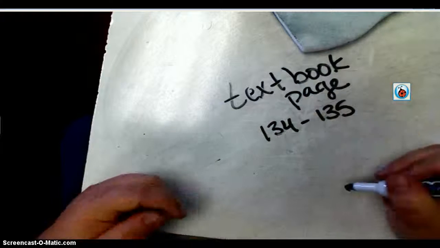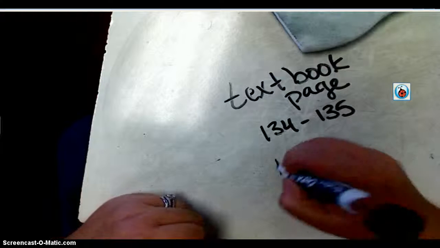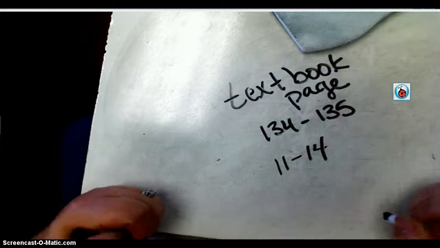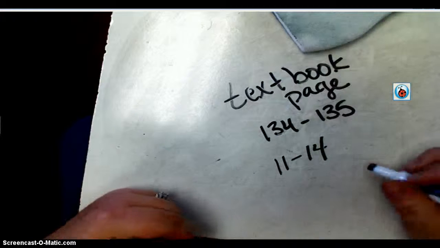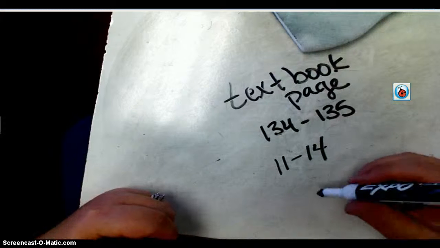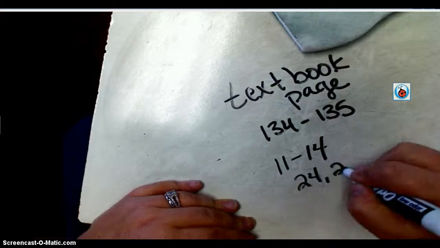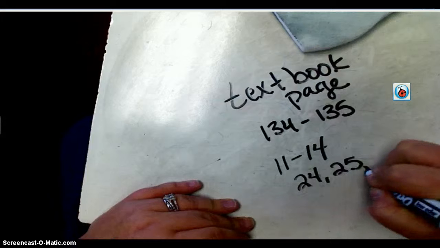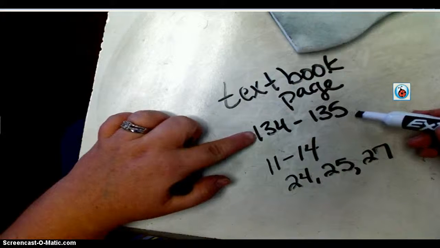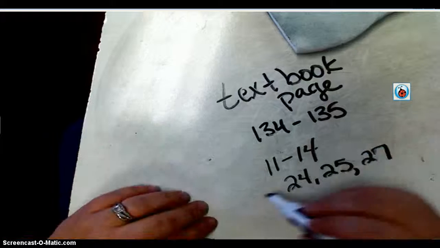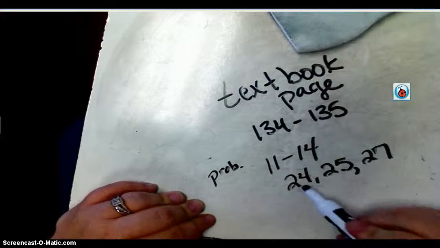You're going to do 11 through 14, and you're going to do 24, 25, and 27. So textbook pages 134 and 135, you're doing problems 11 through 14, and then you're doing 24, 25,